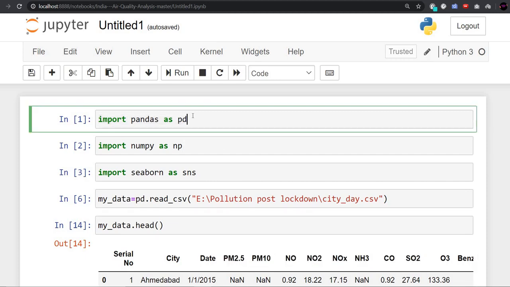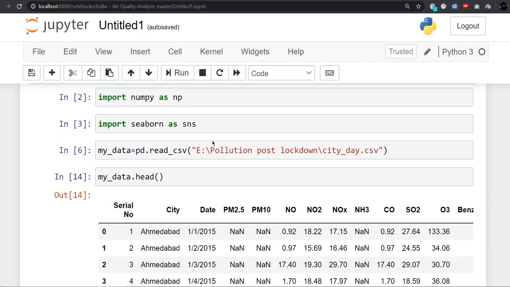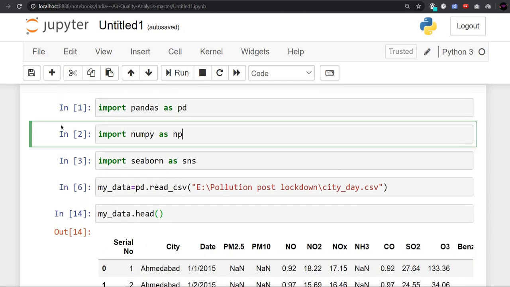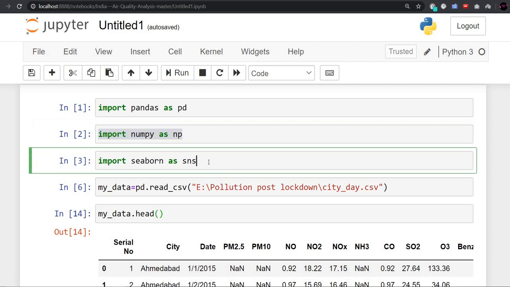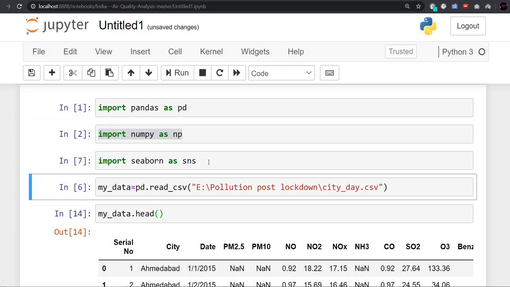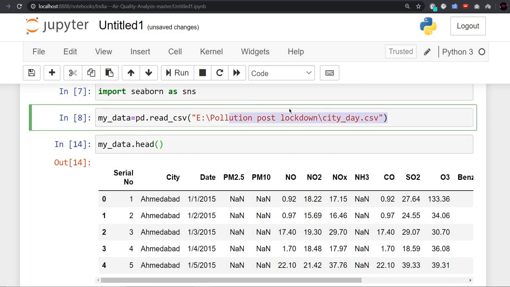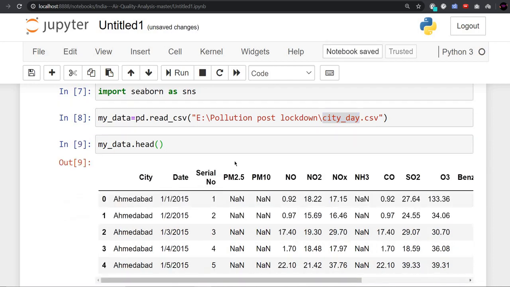First of all, I have imported pandas, which is used to load the data set and convert it into a data frame. After that we are using NumPy for mathematical calculation, and after that we are using Seaborn. Using the pandas library, we are importing the CSV file named city_day, and we are using the head method to see the top 5 rows.